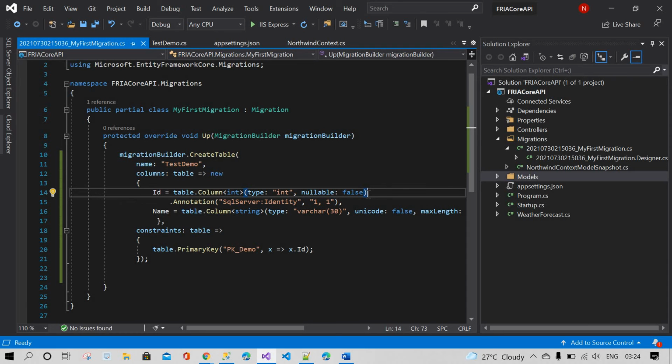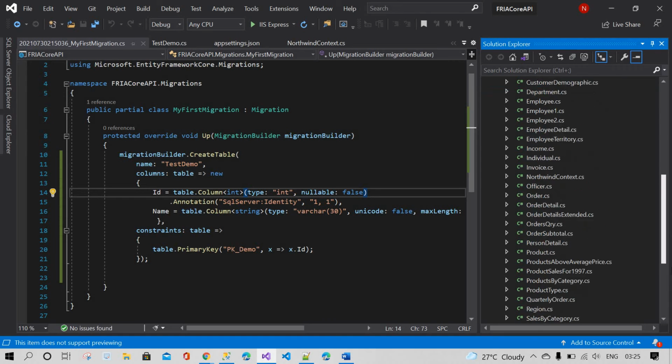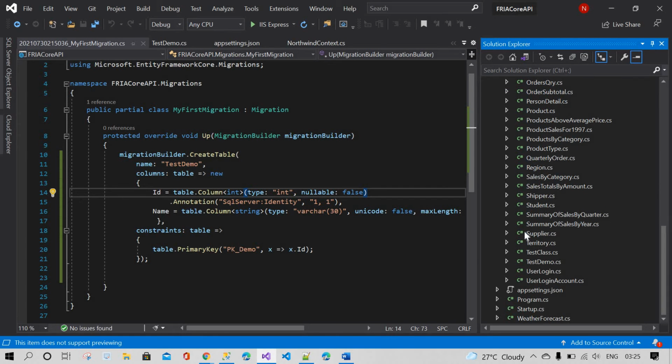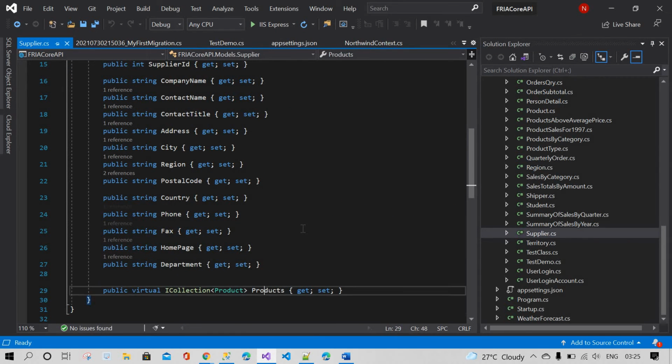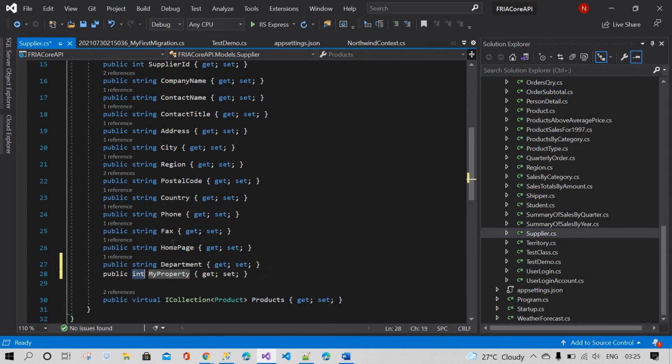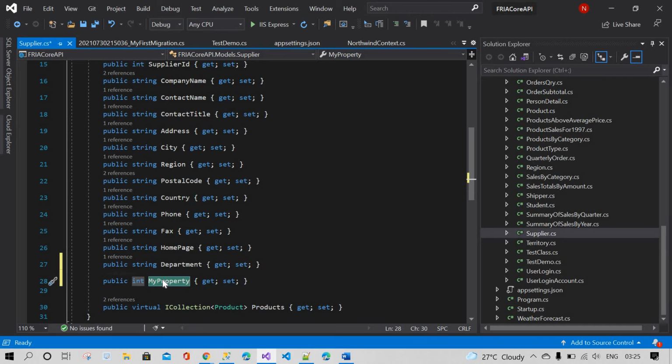But now if we want to add a new column to an existing table, I will show that. For example, this is Supplier, and I want to add a new column, a new field. This table already exists in the database. int, supplier.